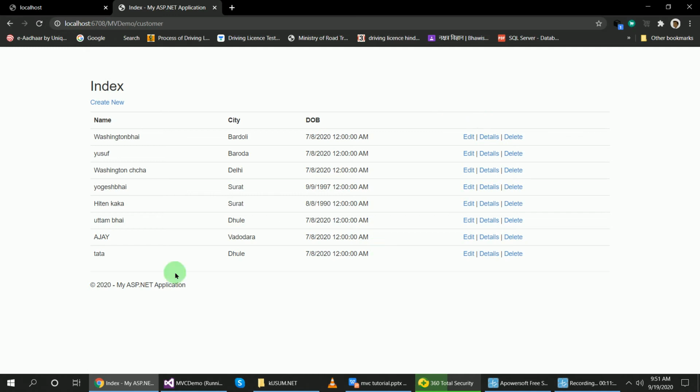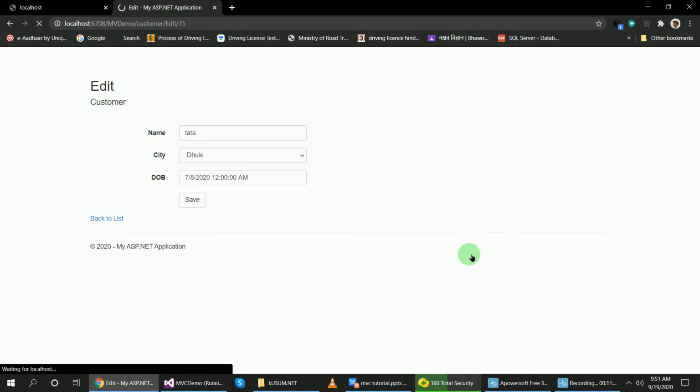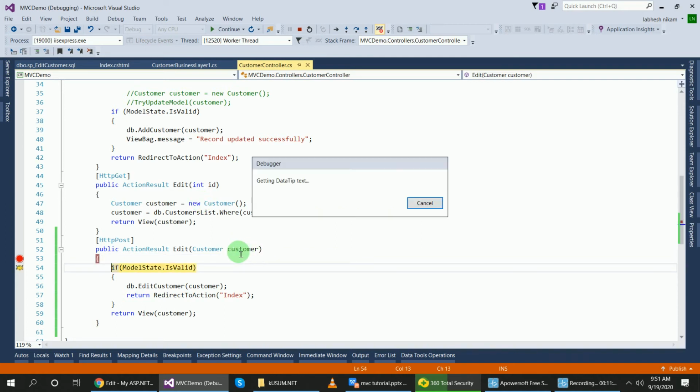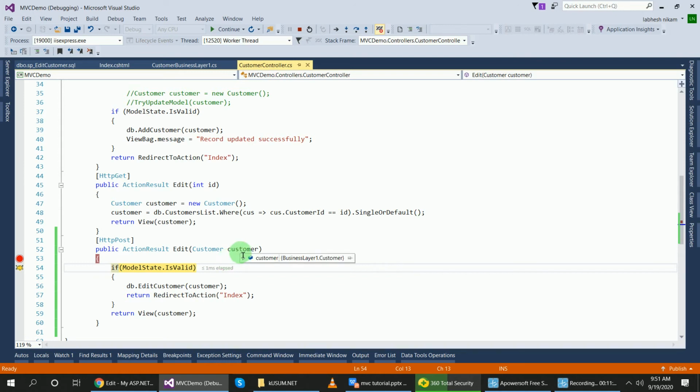Suppose Tata Dure. Edit Tata. I will add Sons, and let's check it passed here. Now press F10. See, whatever changes I have made, you can see here in the customer object.